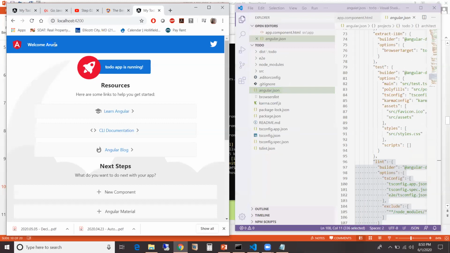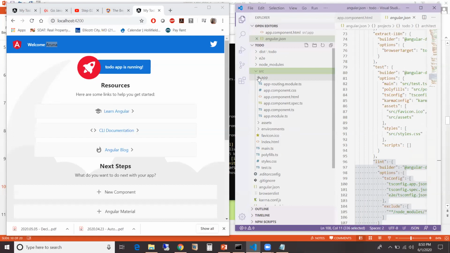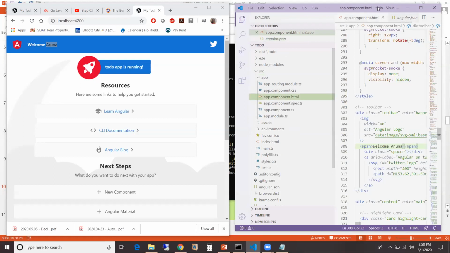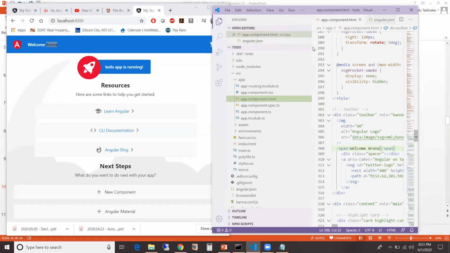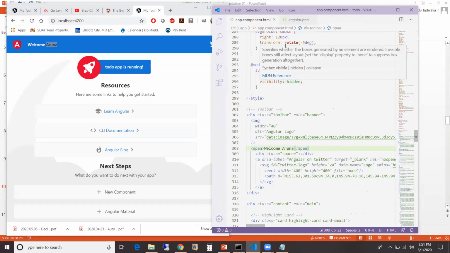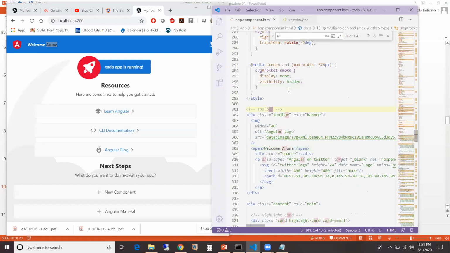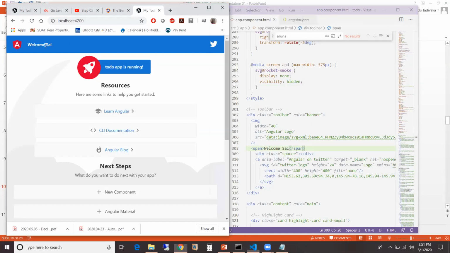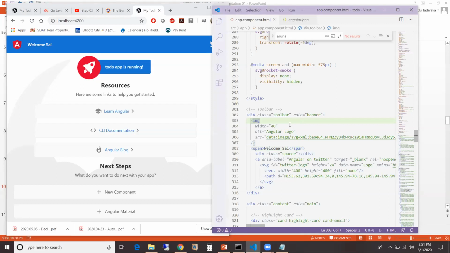So if you see here, welcome Aruna, that is coming from this HTML file. So if I go to this HTML file and change it to welcome Sai and save it, then this one gets automatically loaded, and I can see Sai here. So any change I make and save, things get automatically reflected here.